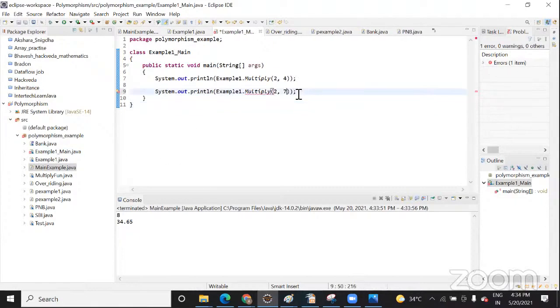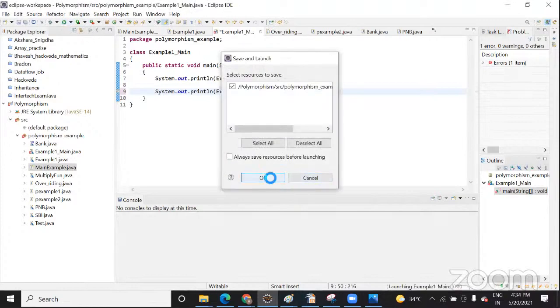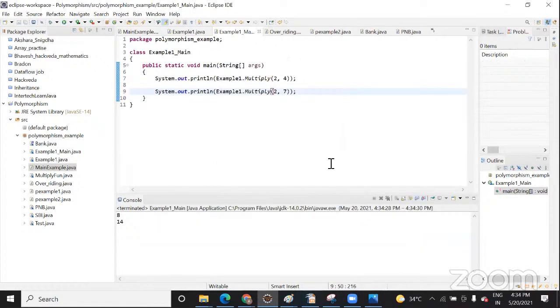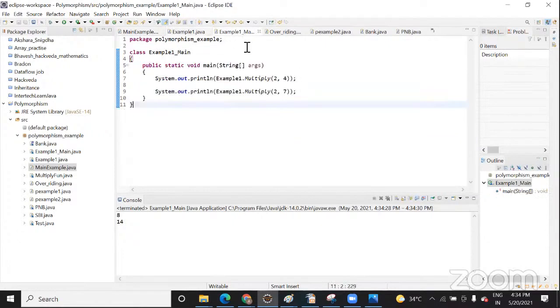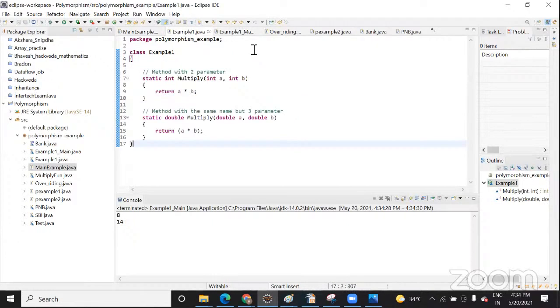Okay. When I remove it, it will get changed. Yes. Now if I run it, it won't give an error. Actually, while solving it, I think due to some suggestion, I might have selected a wrong option. That's why it has created another main class based on this class and made the changes. Okay.